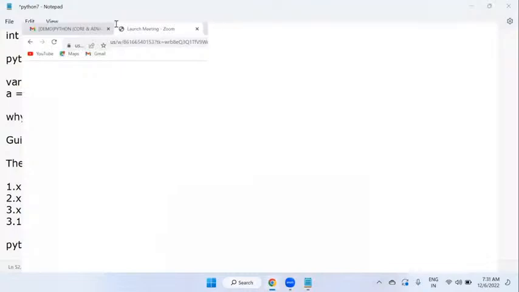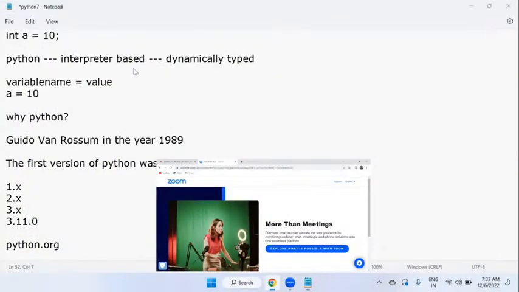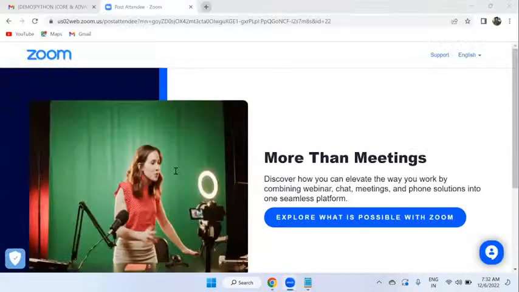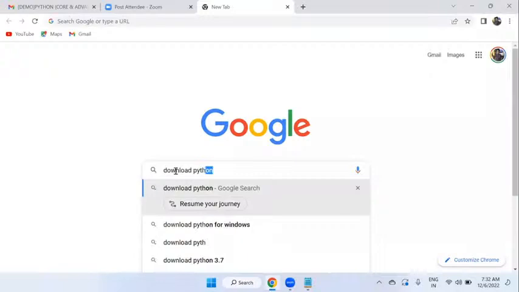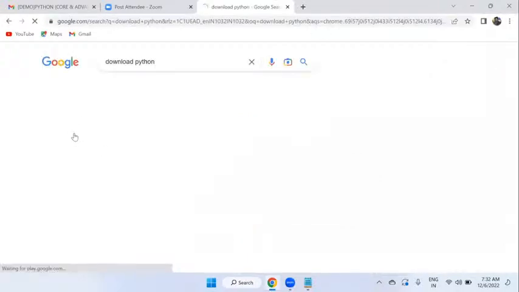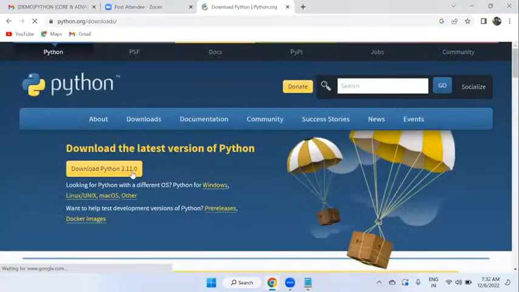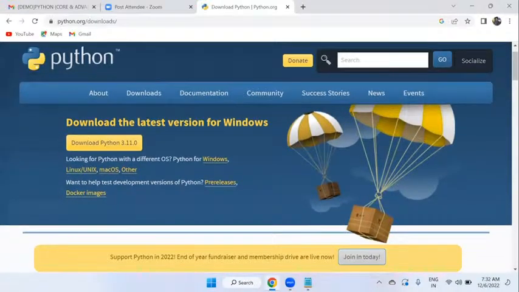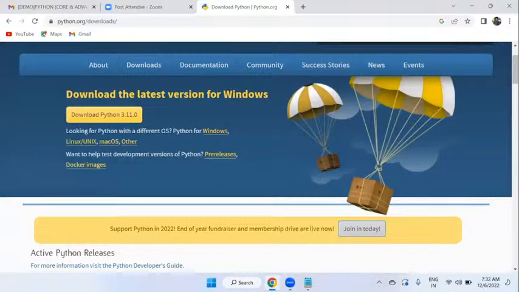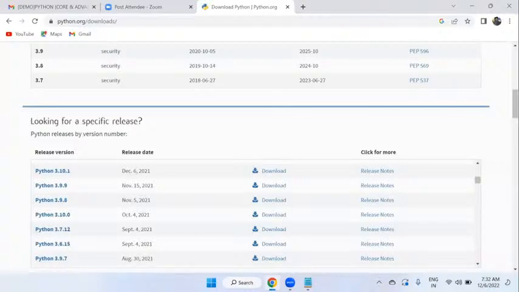Simply you can go to Google and open a tab. Let me go to Google and search for download Python. Yeah, so you will be able to see the official website, python.org. Now you can see this is the latest version, download Python 3.11.0. If you want to download this current stable version, click on it. Also, if you are looking for old versions, you can scroll down and you will find plenty of old versions here. For whichever version you want to work on, you can click on download and use it. We are using the latest version only,